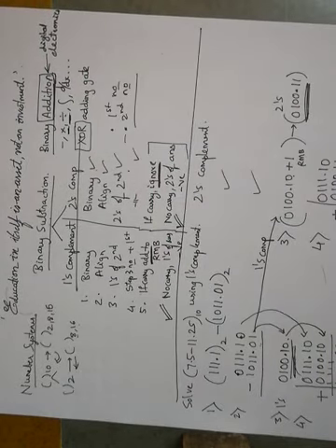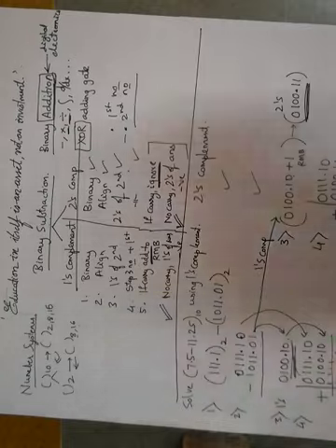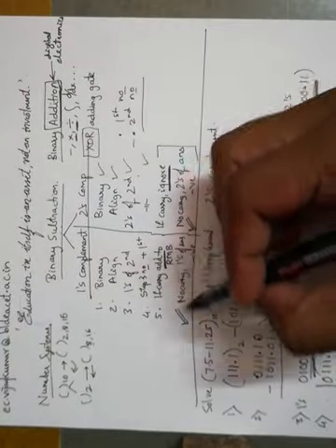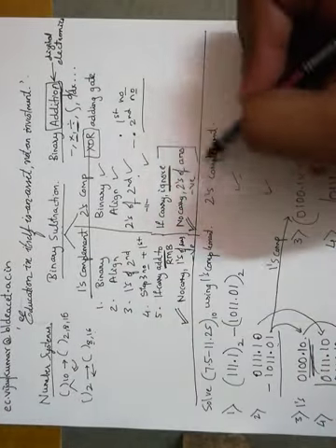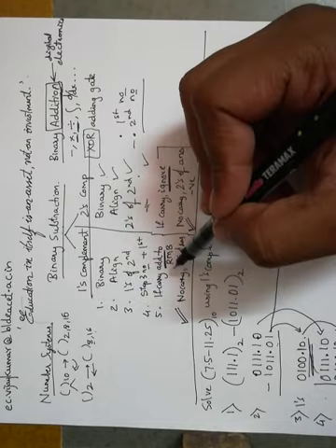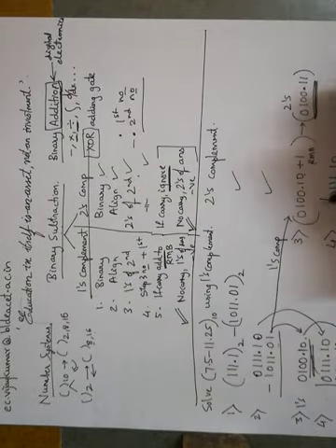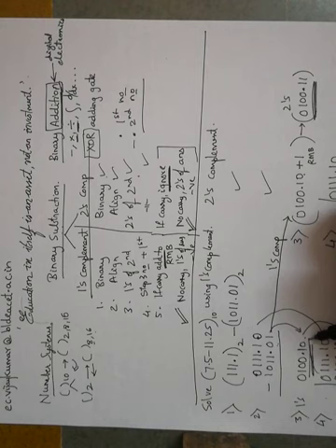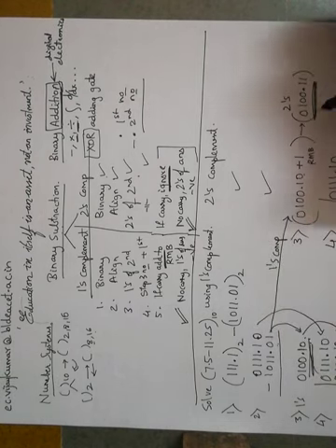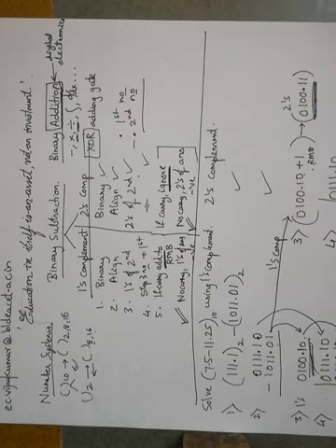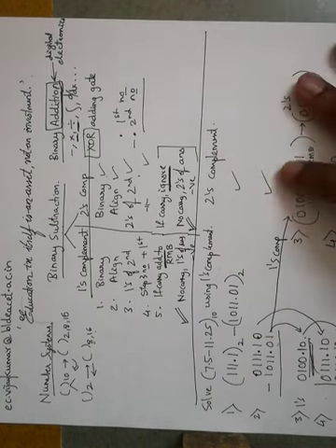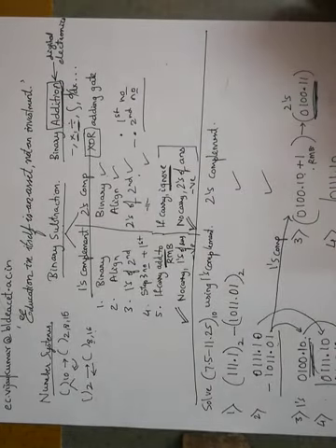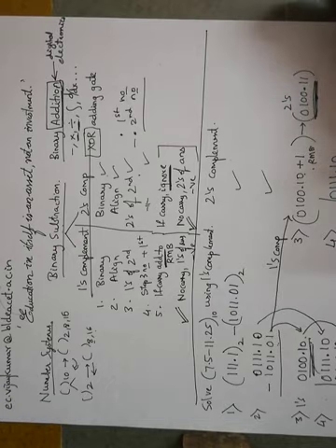So I'll take another example. Before continuing, I strongly suggest you note down these steps, very simple steps. Along with this, how to do 1's complement: convert zeros into ones, ones into zeros. How to do 2's complement: take 1's complement, add 1 to the rightmost bit. So if we have these things ready, you can go with solving any number system, any binary numbers.